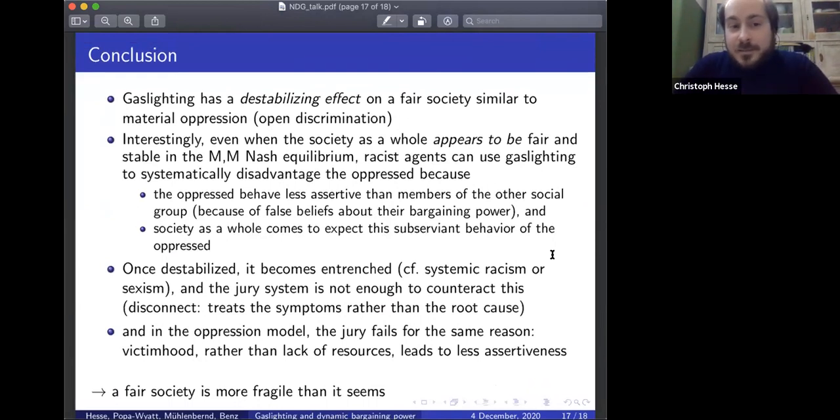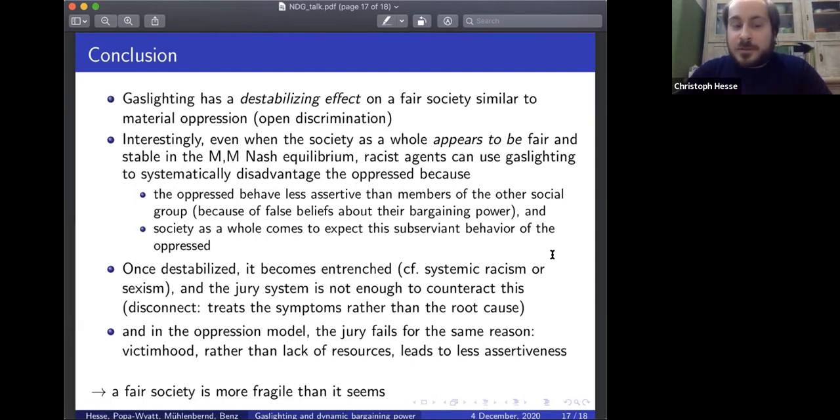Gaslighting, as we see, has a destabilizing effect on a fair society, similar to material oppression, the kind of open discrimination we try to capture in the second model, where races could take bargaining power from their opponents. And interestingly, even when the society as a whole appears to be fair, looking at the Nash equilibria, racist agents can use gaslighting to systematically disadvantage the oppressed because of two things that happen in tandem and create sort of